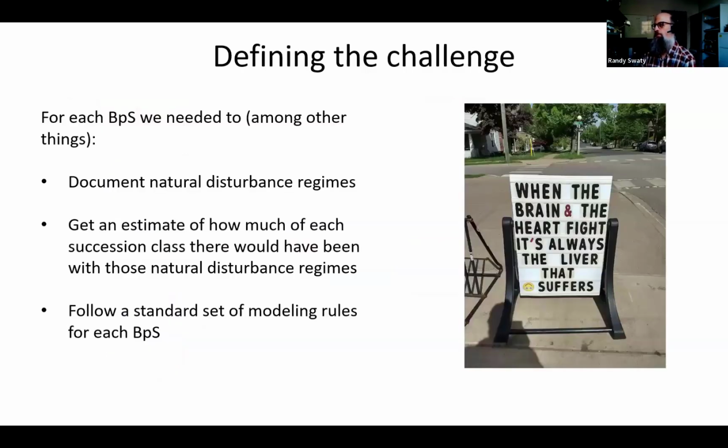So the challenge we had, and I'm just going to own the word challenge, it was just definitely not easy. We needed to, among other things, document natural disturbance regimes. And I'm imagining that the chat is kind of going off the wall. Where'd you get that? What are the sources of that? Exactly, super difficult. We needed an estimate of how much of each succession class there would have been under those natural disturbance regimes. And then,